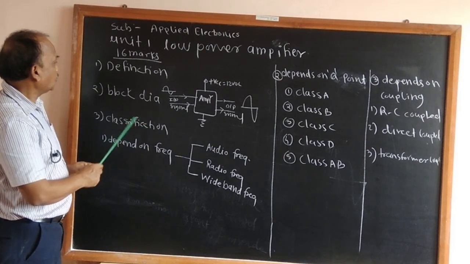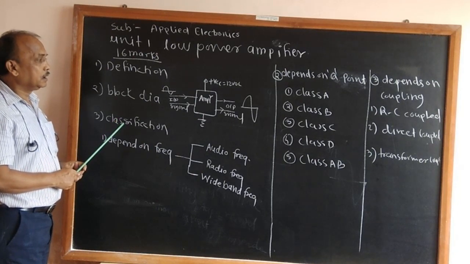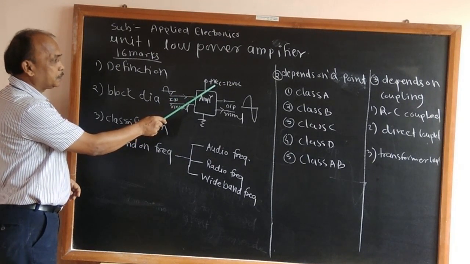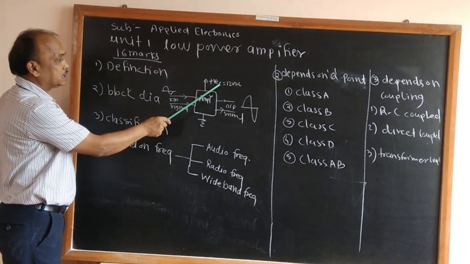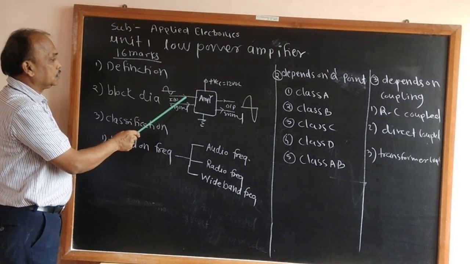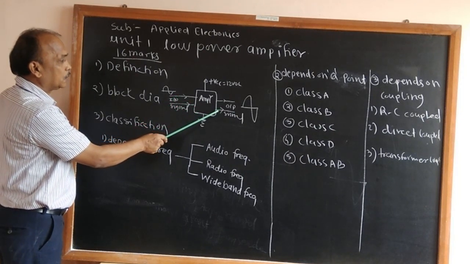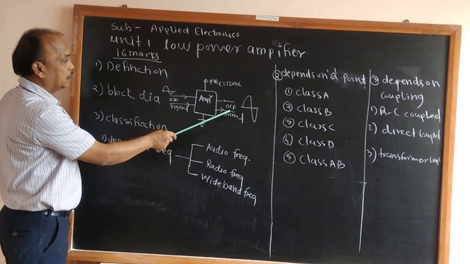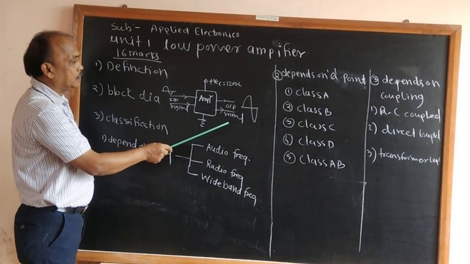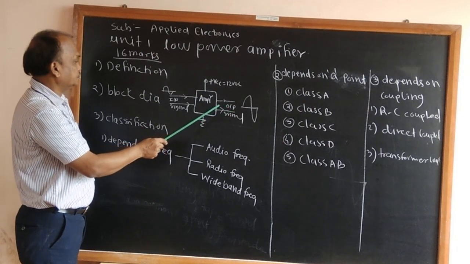Now we have to study the block diagram of an amplifier. Any amplifier circuit requires a DC supply, which is shown here. For example, suppose a 10 volt DC supply is given, plus and minus. Now the input signal is given to the amplifier. Similarly, the output signal is available at the output side and it is taken across the load resistor RL, or you can connect a speaker as an output.